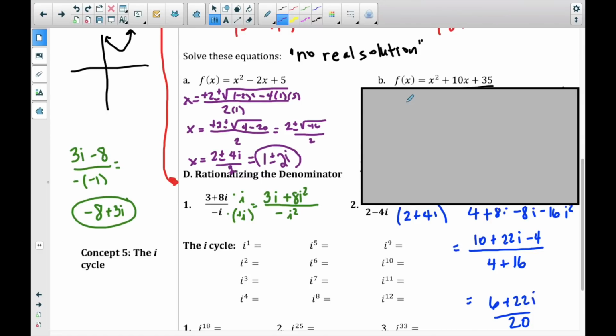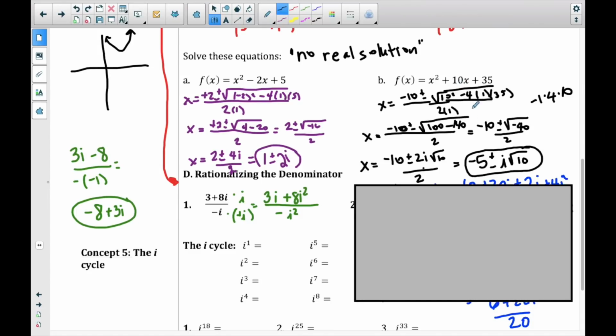Same thing on example B. We need to set this up as a quadratic formula problem. Our calculator won't do it because we end up getting a negative discriminant. And so we have to go ahead and work it out step by step and come up with our solution. Okay, so mine's probably a little bit hard to read here, but when you plug it in,